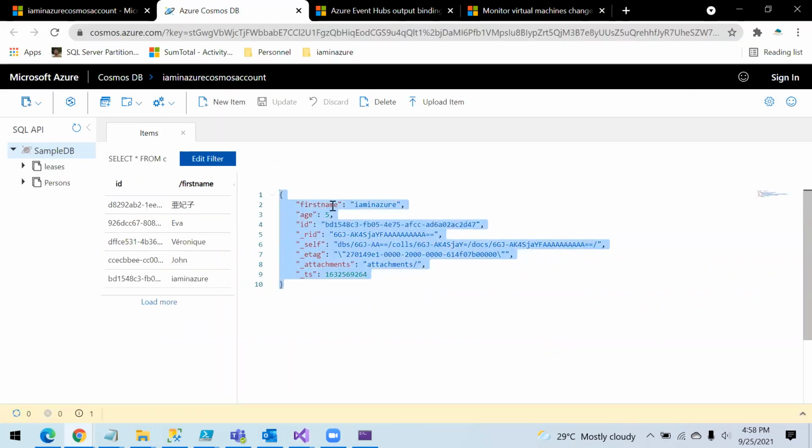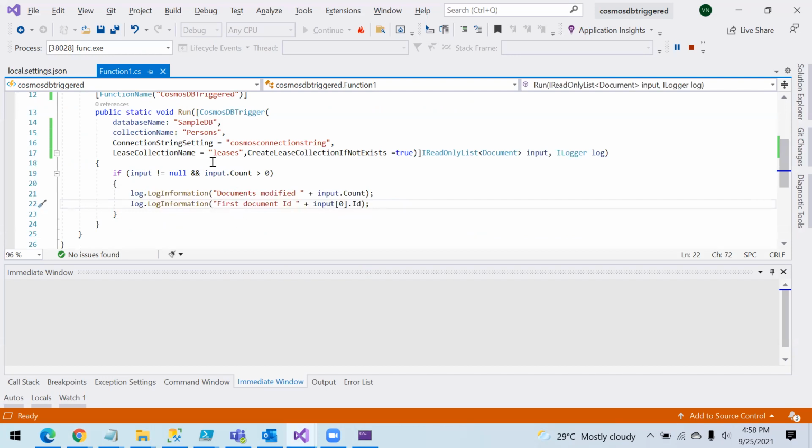Our next step is we're going to push this data into an event hub, and we want a logic app to be triggered automatically whenever we push this data into the event hub. That part, let's keep it there now. What I'm going to do is push this code into the Azure portal and see if it is working there, or else if I need to do some additional work, I will do that first. Then I will think of adding this output to the event hub and triggering the logic app.